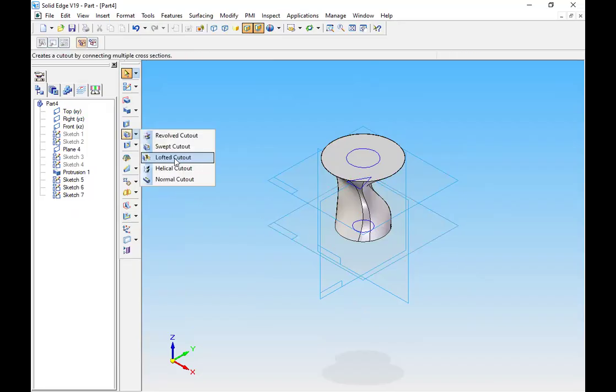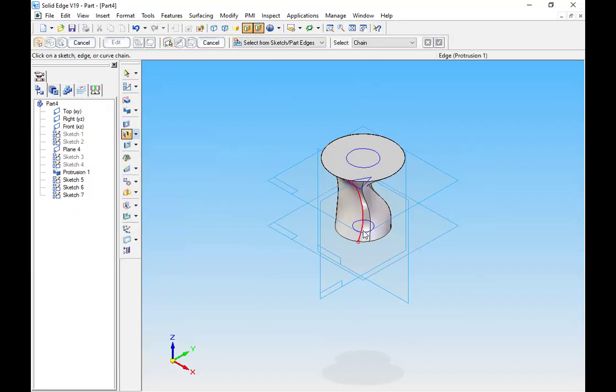So lofted cutout. Same thing. First, second,